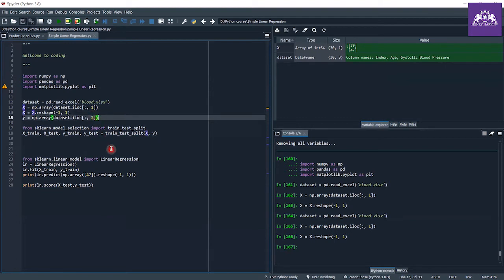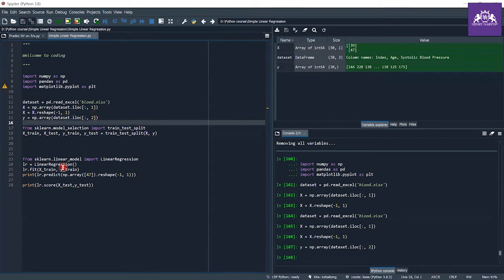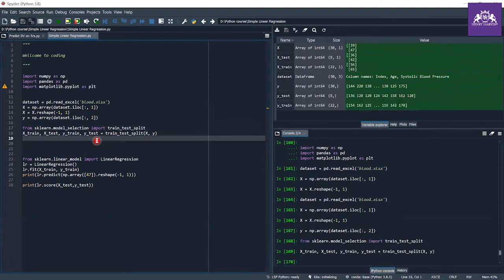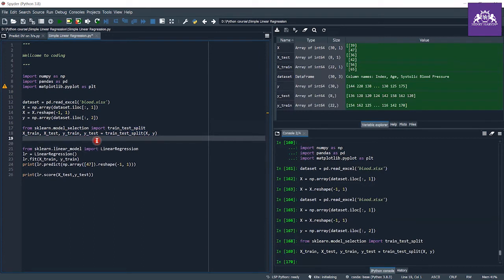Next comes the y value, which is the output value, and the output is column number 2. So I get my output value. Now let me import train_test_split. Here I divide my data into train and test. For just practicing, you can ignore these two lines, but when you are coding for something high level, a competition, or a company, you have to divide your data into train and test. For practicing you can ignore the train test split if you want to, but it is good to make a habit of it.